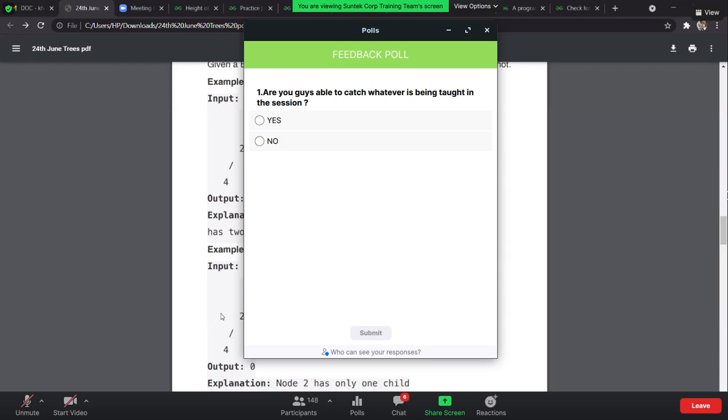Good. That's one of the solutions, which you have to check recursively, but absolutely a good solution. So either both should be null or none of them should be null.